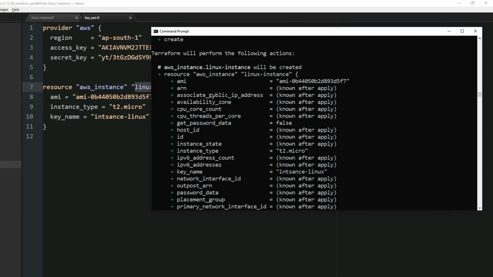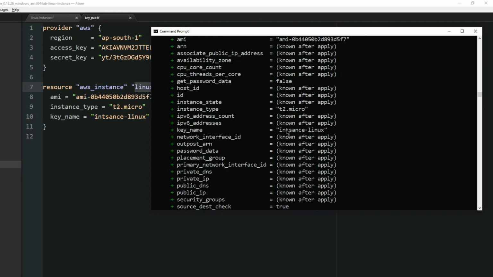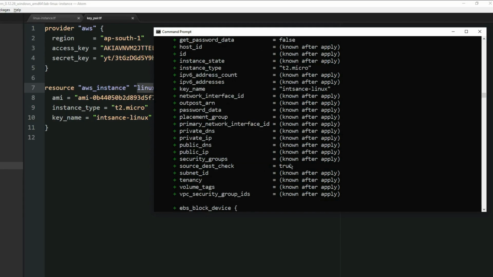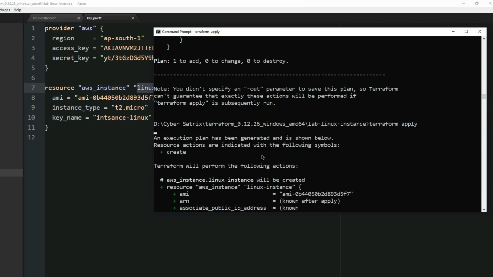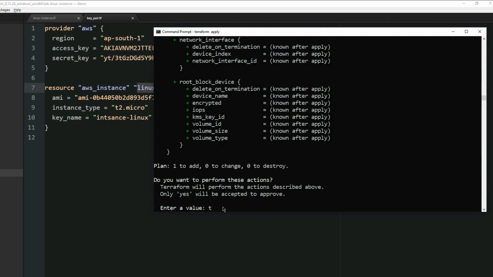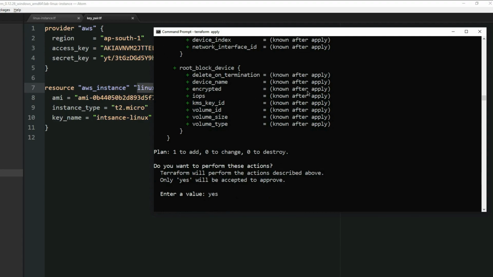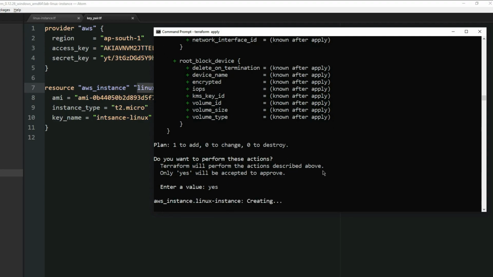Now it should be creating an instance where the AMI is this, the type is t2.micro, and the key name is instance-linux, through which we are going to access our virtual machine. So now let us apply the Terraform code that we have written. Okay, now it is asking for my approval, so let me say yes. And it should be creating a Linux instance for me.